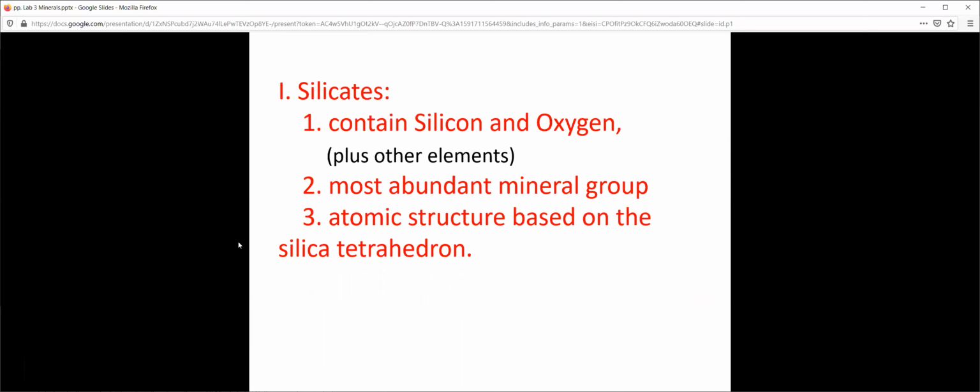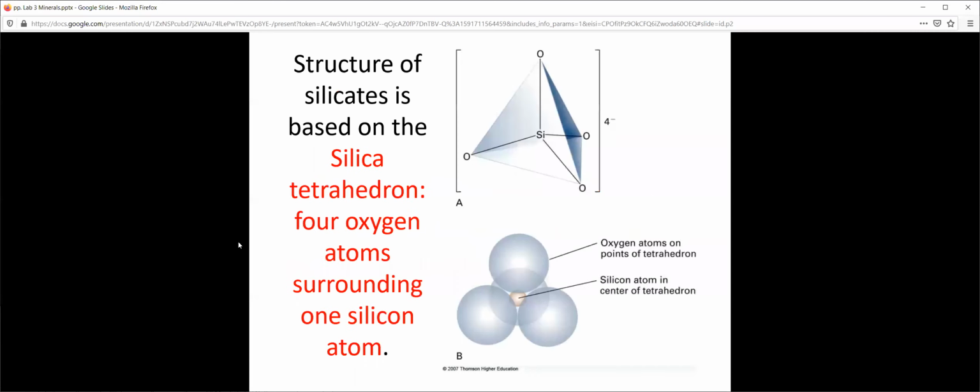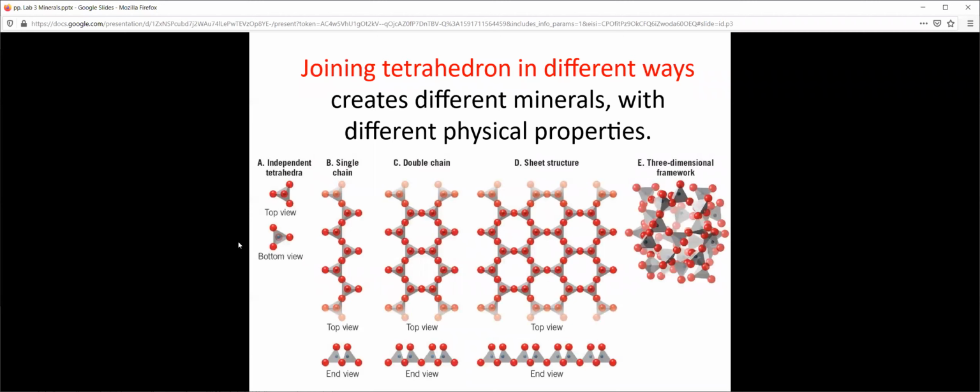So we talked about silicates, talked about silica tetrahedron, things of that nature, most abundant mineral group, etc., etc. Cool story. Seen this picture already. Here's a better close-up view of the different ways these tetrahedrons, these triangles can combine. And keep in mind when you're looking at this, these are actually in real life three-dimensional structures. They're not triangles that are connecting, they are pyramids that are connecting, right?